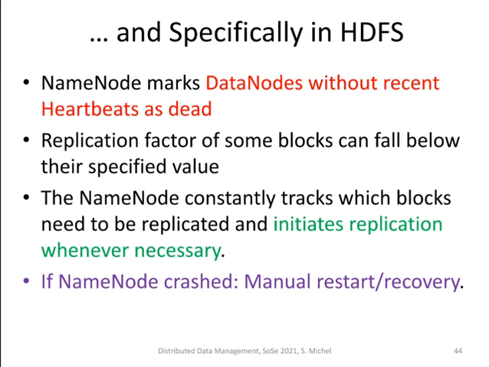And here is a similar idea for the handling of failures for HDFS. Again, this depends on the individual implementation of the distributed file system. Here it's HDFS, the Hadoop distributed file system. Also here we have data nodes that can die, or turn slow because of network issues, hardware failures or software failures. Then these have to be marked as dead, and the application has to continue to replicate blocks which were on these machines that failed. Again, this is only one aspect. We are happy that this has been done, but we're not looking at the details of how this was actually implemented.